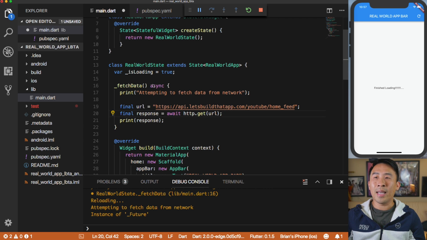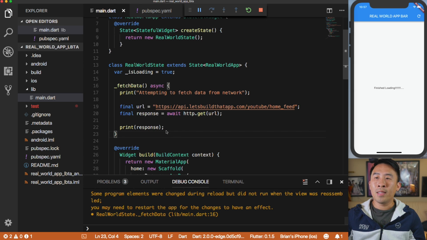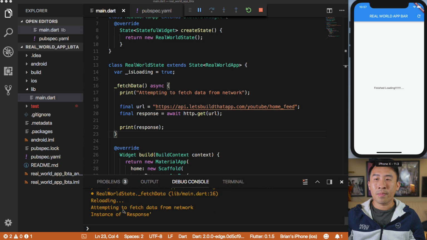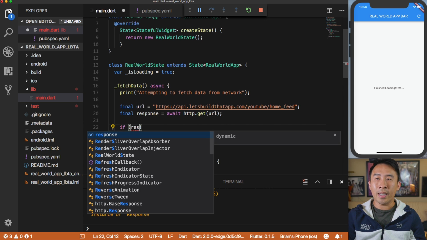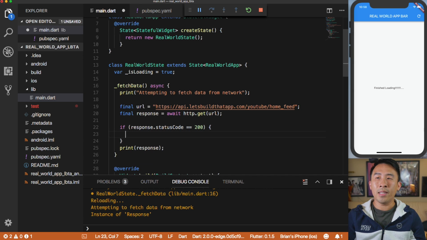All right, so this is an idea that comes from promises, and maybe I'll link a video down below that will explain how to work with promises better. But this is just the method call that we need, and I'll save again. And once you hit the reload, you will see that the response is now an instance of Response instead of an instance of Future. And now what we can do is say if response.statusCode is equal to, I believe 200 is the HTTP OK, we can print out